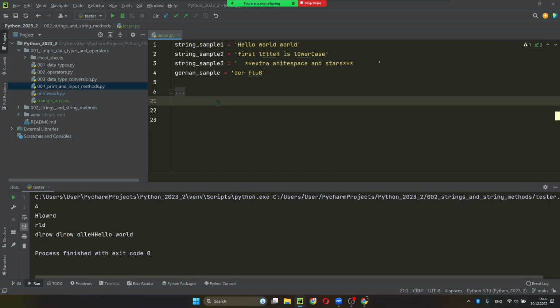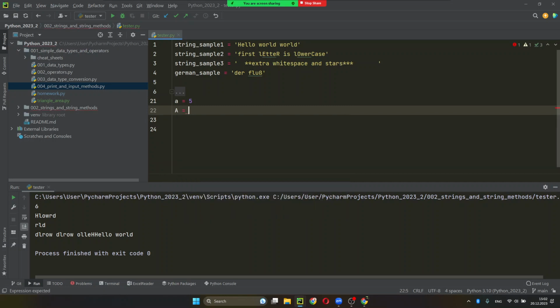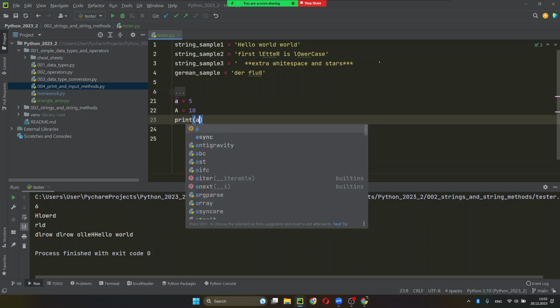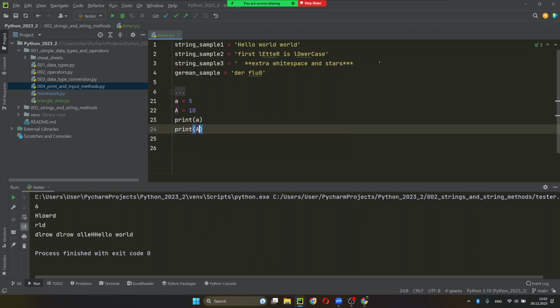One of the rules in programming is that uppercase and lowercase letters are different letters. So if you say I have a variable a equal to 5 and a variable uppercase A equal to 10, if I print a and print uppercase A, these are two different variables. And it works the same with characters. So if you have uppercase characters in the string or lowercase, these are different characters and that creates a different string,